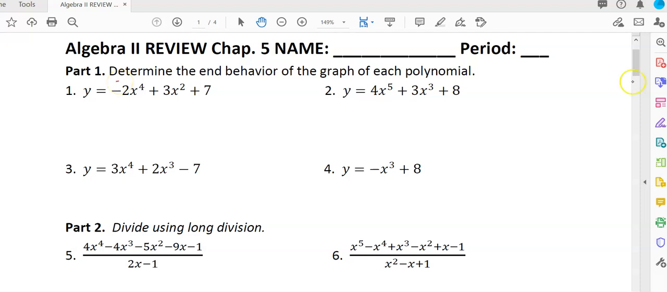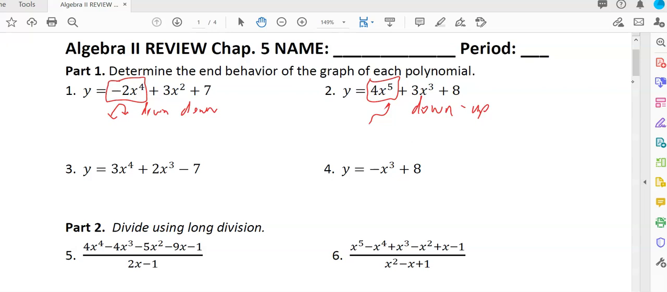Okay, so let's do some end behavior. First term is negative and it has an even power, so it's going to look like that. That's going to be down, down. Next one is positive and odd, so it's going to start low and high, so it's going to be down,